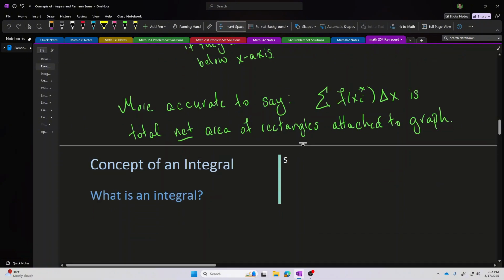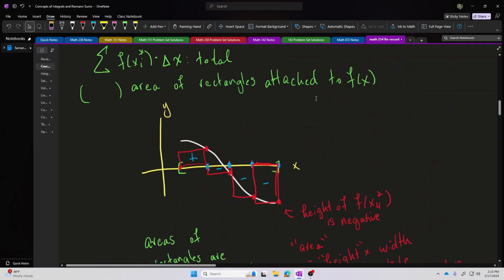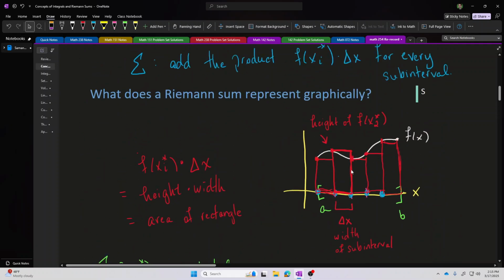Now, let's notice something else also. Let's notice, in particular, in this picture, if I compare the net area of the 5 rectangles that I've drawn in red with the net area under the graph of f of x, those areas are pretty close in value. There are a couple of small differences. There are a couple of small gaps.